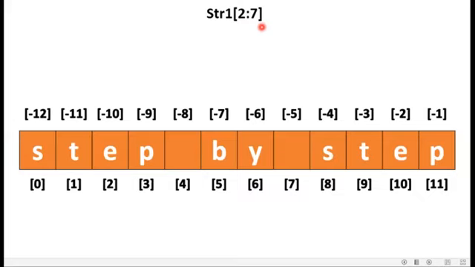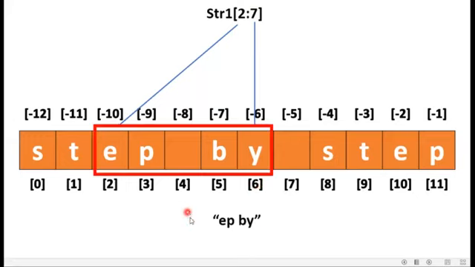As I told you earlier, if we are not deciding any stride value, by default it will be taken as 1. So here my starting value is 2, so it is pointing towards the second index position, and the end value is 7, so it will point towards the sixth index position. As I told you, 6 plus 1 is 7, or we can say 7 minus 1 is 6, right? So my range will be this, and the substring will be printed in this way. It is starting from E and ending at Y.